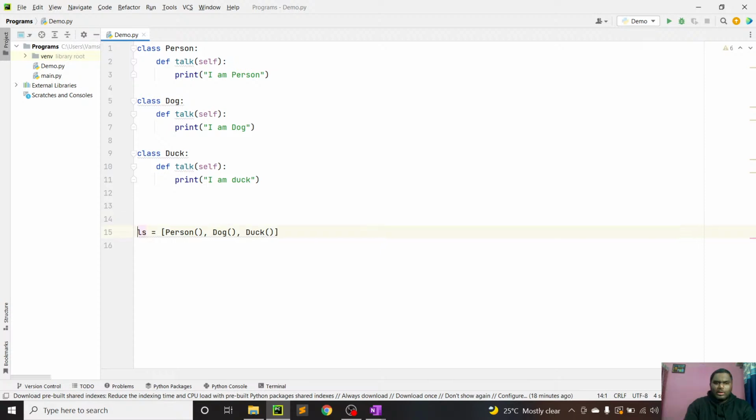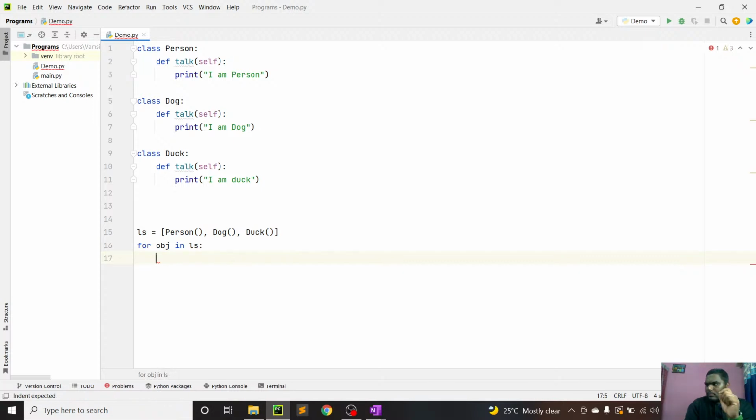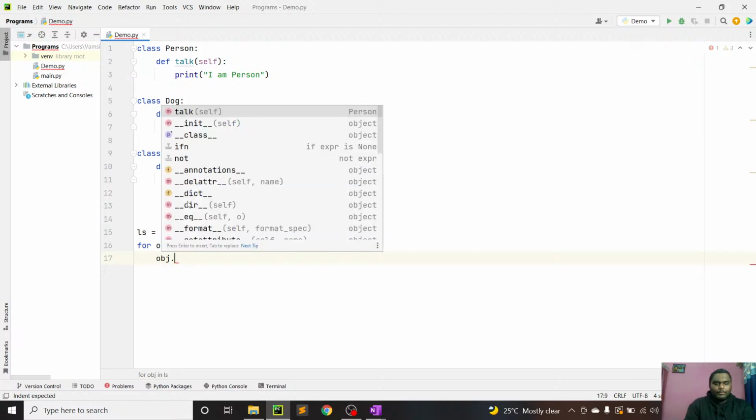Okay, I need not create a function. Let me take all these things: object in ls. So now I will be taking one particular object from a list, right? So this is how we traverse a list. Now what I will do is object dot